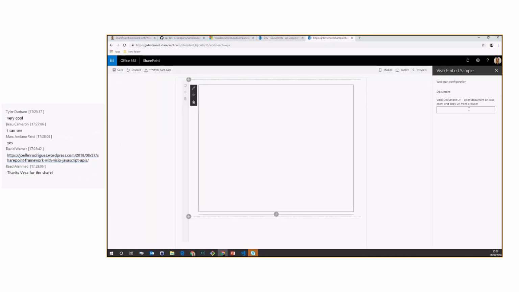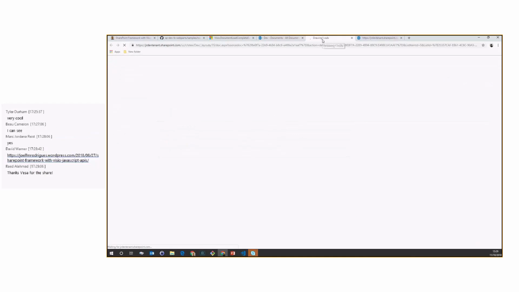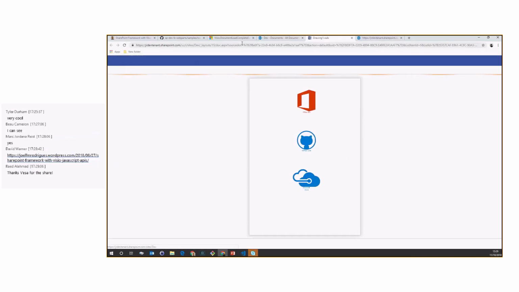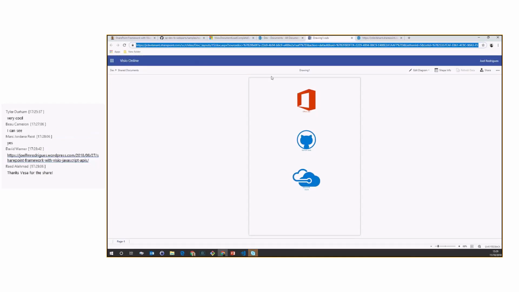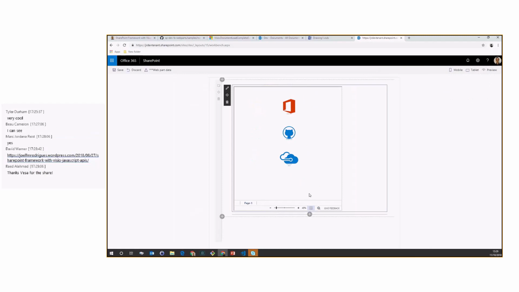And you are asked for a URL for the document, and this is important because that URL needs to be from the web client, and then by pasting it here, it gets parsed, and an iframe is embedded on the